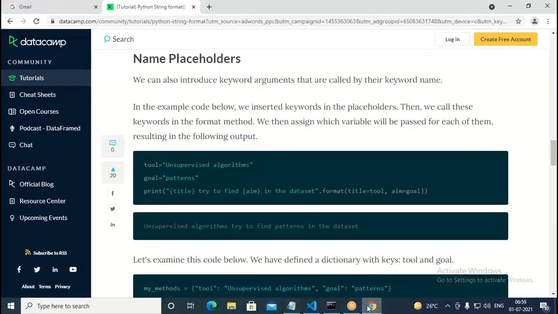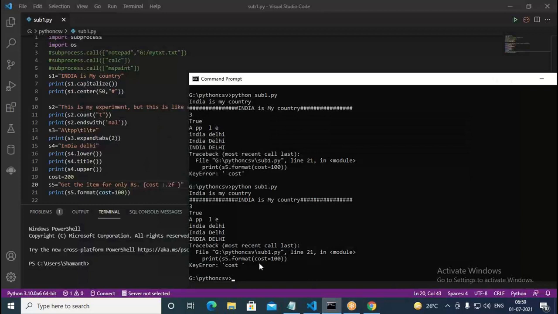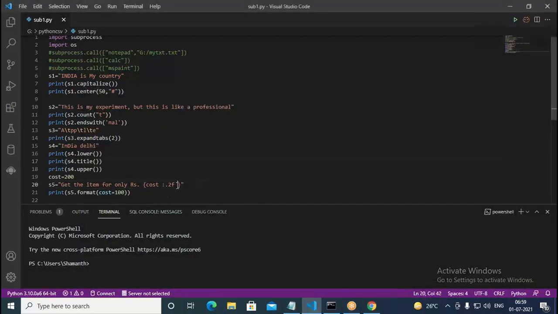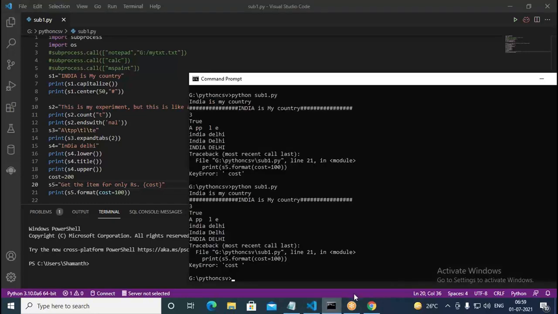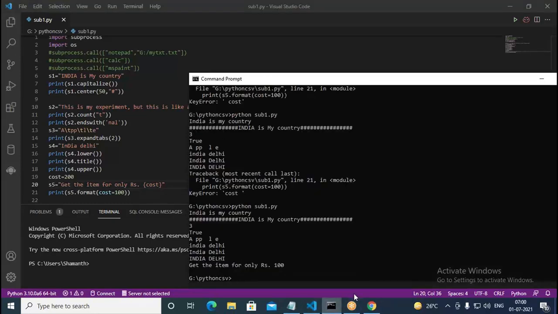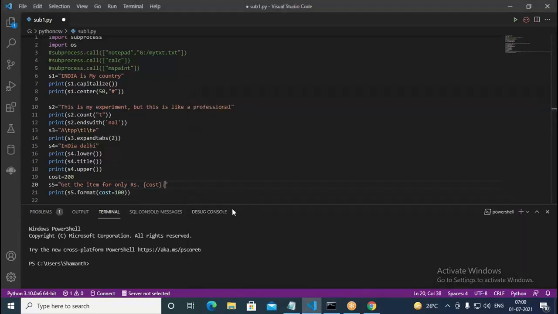Same way we are doing there. It is in the same way. The format we use there, sy dot format. So now it is giving proper output. Yeah, it is coming. We use here like